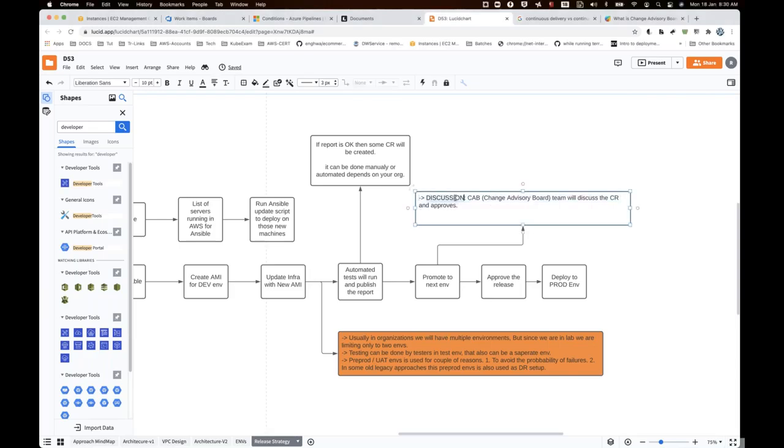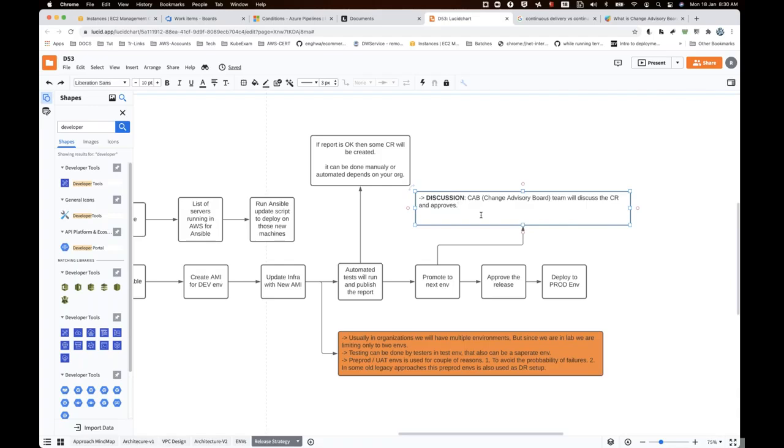So that's one way. The other way, as I mentioned, is if it is a continuous deployment strategy, it can automatically look at automated test cases. You can write some automation to look into a report, fetch statuses, find out whether it's all good or bad, and decide. In the CAB call, they usually discuss the CR and approve, and once approval is done, it will deploy to production. That's the idea.